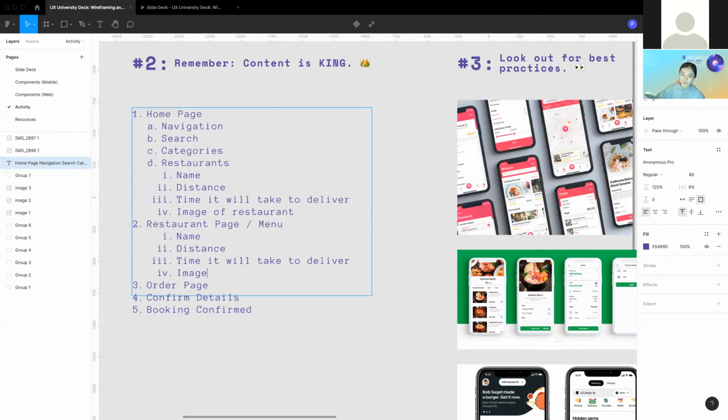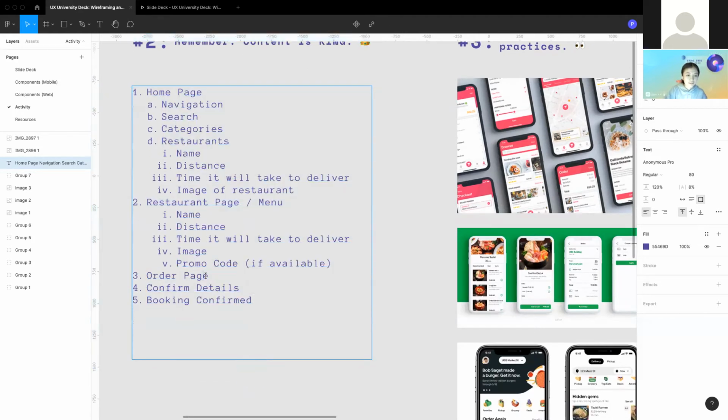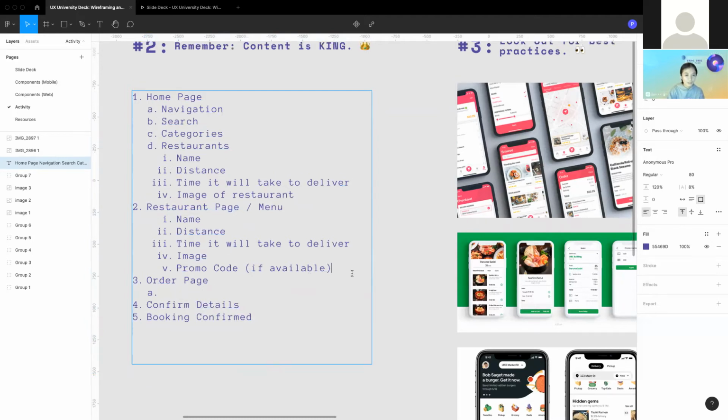Wait lang, let me check my notes because I also noted down. I think, yeah, I also put parang if there's an option for a promo. So promo code, if available, there. And then for the order page naman, we have basically the menu. So, oh, we're gonna add the menu rin pala here. So the menu, the categories, the food name, description,